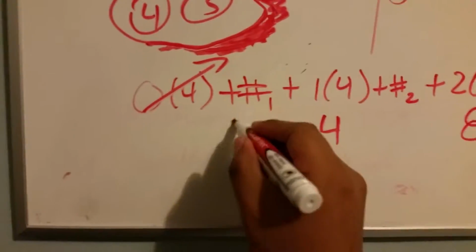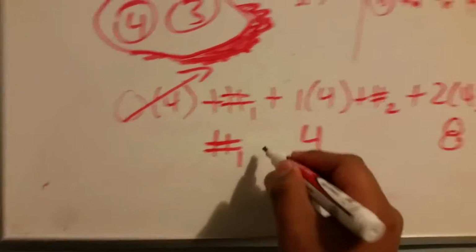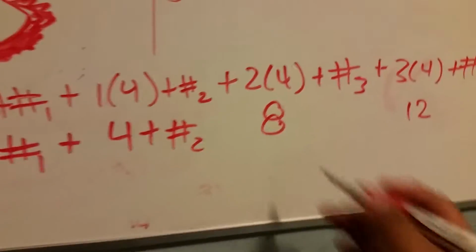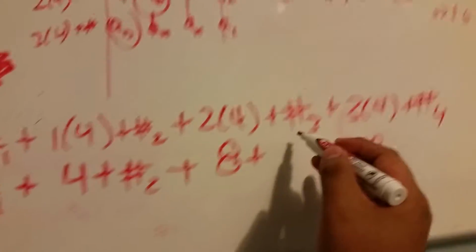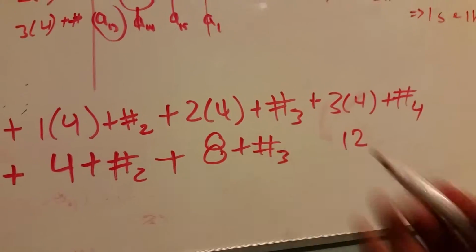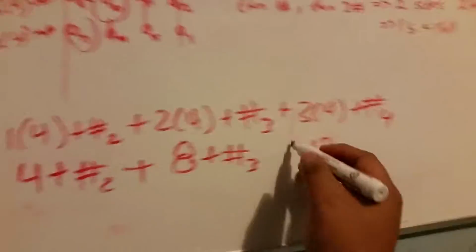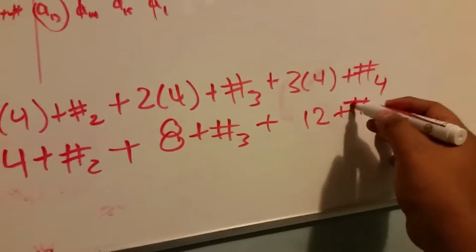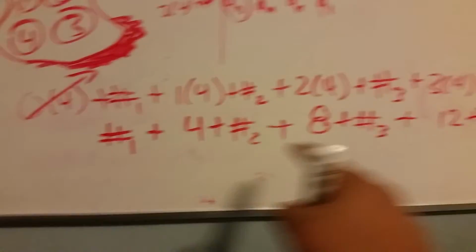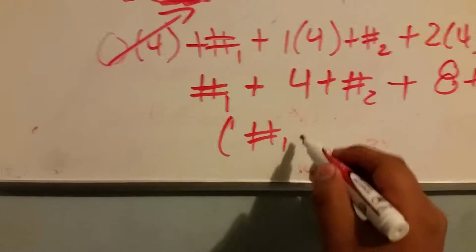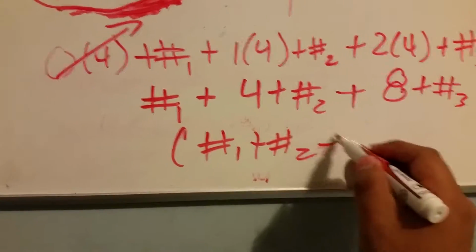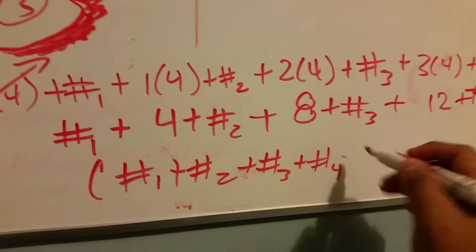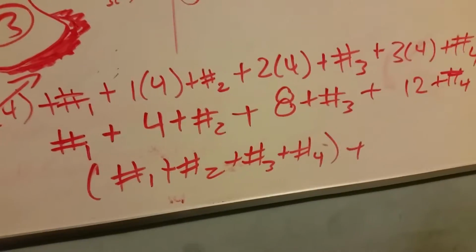This is just h1, the first number you picked out, plus now 4, plus the second number, 2 times 4, that gave me 8, plus h, I keep saying h throughout the whole video, number 3, plus 3 times 4 is 12, and then plus the fourth number. So all I'm going to do is group all the possible numbers: possible number 1, possible number 2, plus possible number 3, plus possible number 4, plus, now let's look at the constants that are